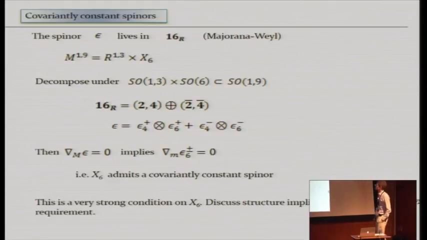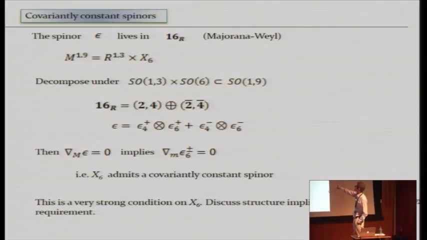Okay, so as I said before, the spinor epsilon lives in a 10-dimensional Majorana-Weyl representation, which is 16-dimensional, and has a real structure. Our Kaluza-Klein ansatz was of this form: 10-dimensional space is Minkowski space times internal space X6. So now we want to decompose the spinors to be compatible with this structure. In other words, we want to decompose spinors under the SO(1,3) times SO(6) subgroup of SO(1,9). Okay. So the way that works is as follows.